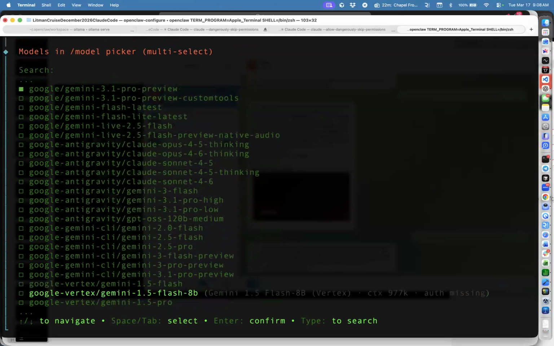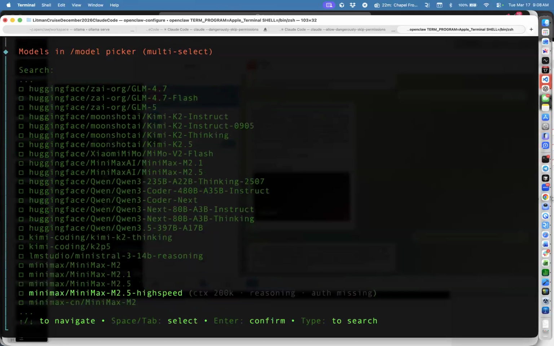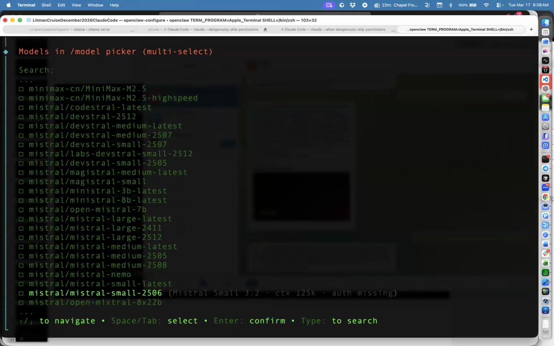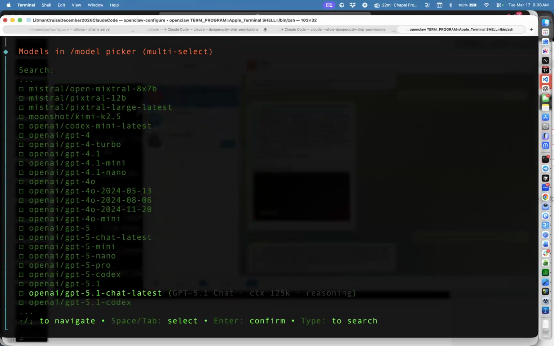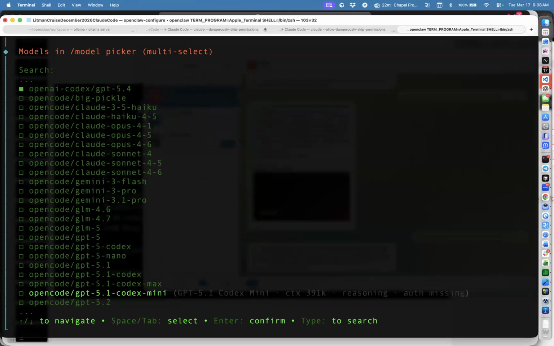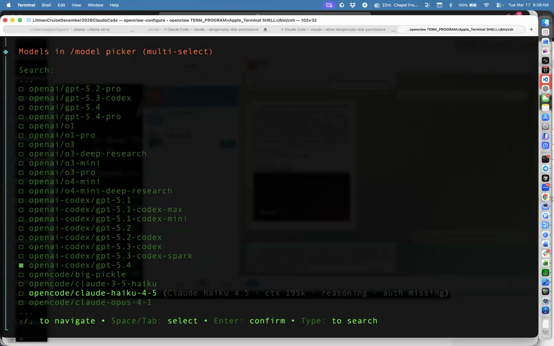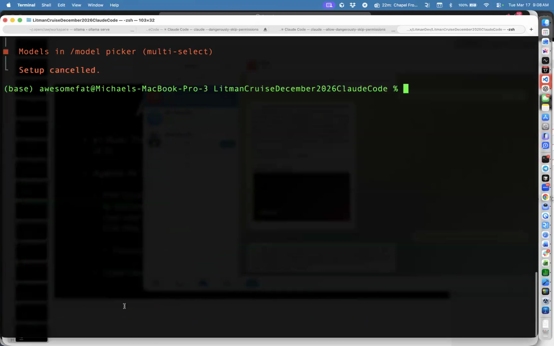But you just notice here, these are all the models: there's Grok, Hugging Face, which has a lot of free ones, MiniMax, Mistral, which is a local one. Ollama is going to be popping up here. That's the thing you can run. Well, actually, the Ollama, I think, might come in through a different thing. But in any case, that's how you can set that guy up.